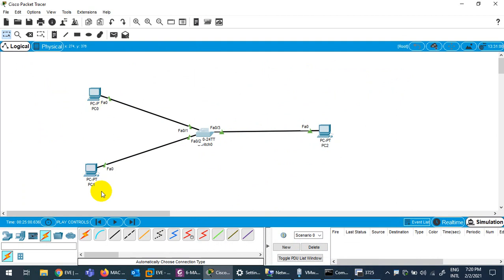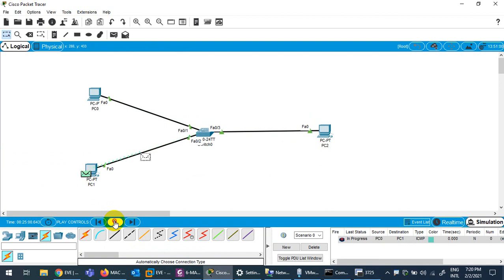What about this PC? These 2 PCs, they never communicated before. So when they want to communicate with this PC, the first packet will be broadcast and it will go to every PC in the same subnet. In this case we have only 1 PC. So the first packet will broadcast to this PC as well. And this PC is asking who is PC1. So this guy will say I'm not PC1 and will discard the packet. Look at it, it will be discarded. And he says I am Ahmed, PC1. Now he replies, and this way the switch keeps the record now.